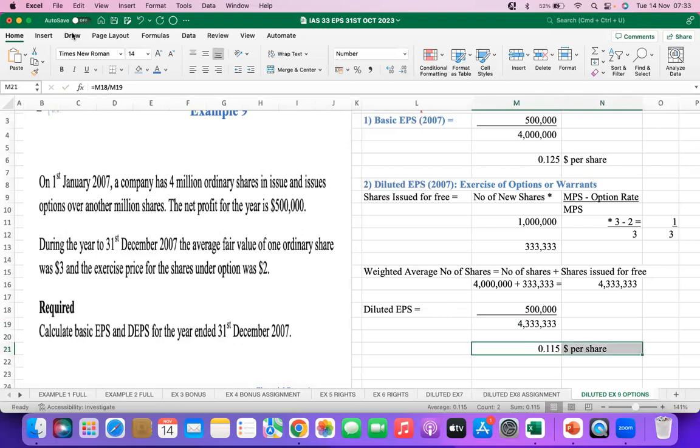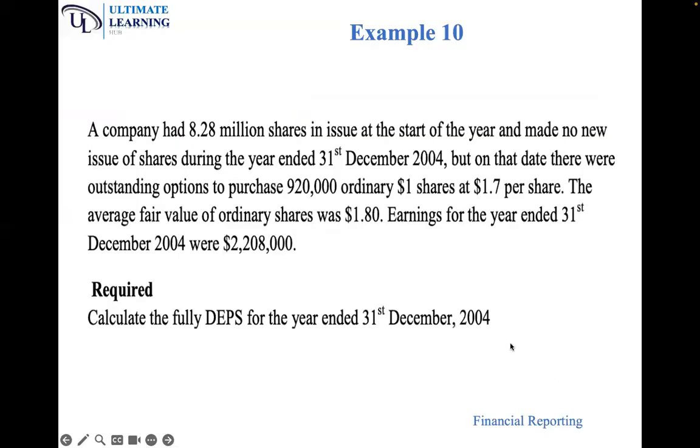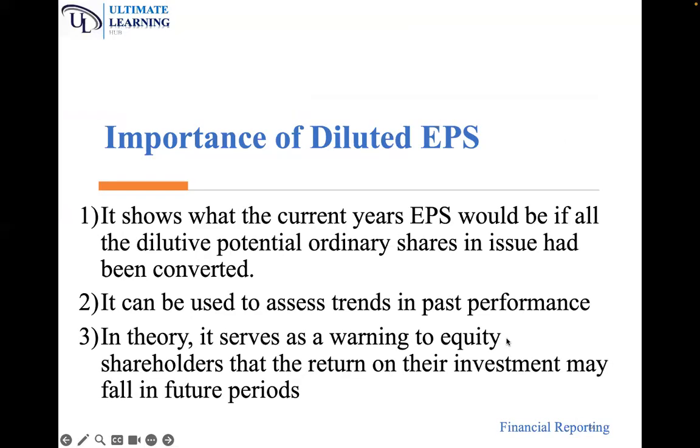In conclusion, what are we trying to say? In diluted EPS, as we wind up, we are now summarizing. We say dilution is a decrease in EPS or an increase in EPS or an increase in loss per share, resulting from the assumption that the convertible instruments are converted, options or warrants are exercised, or new shares are issued upon satisfaction of certain conditions.